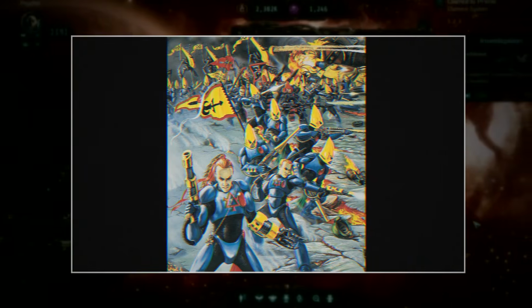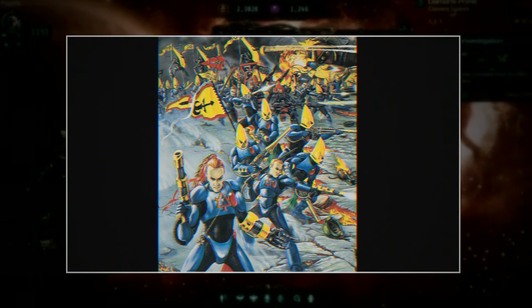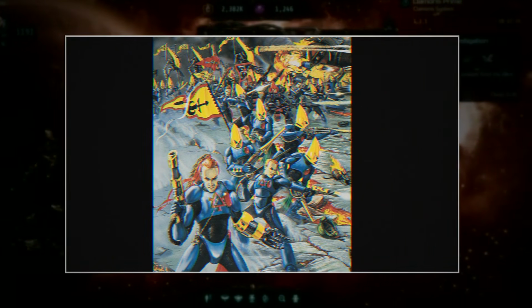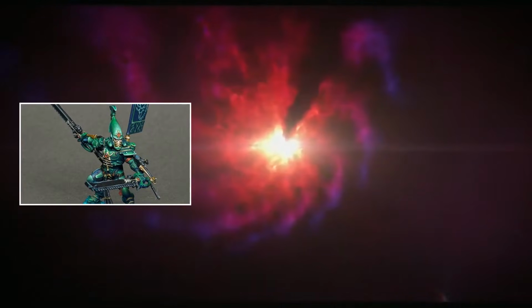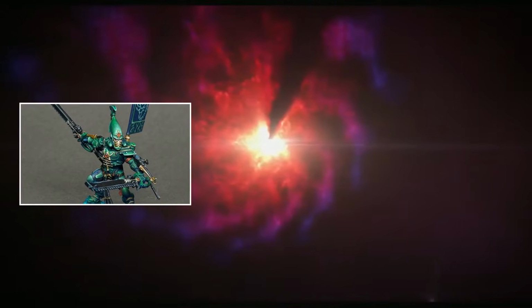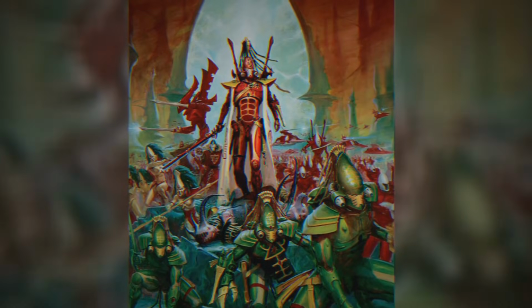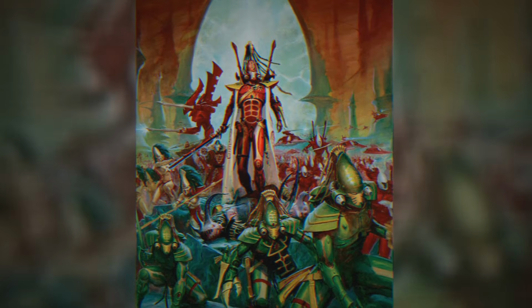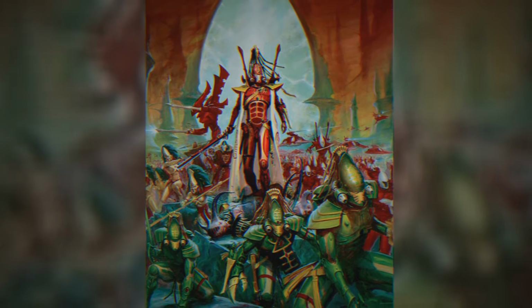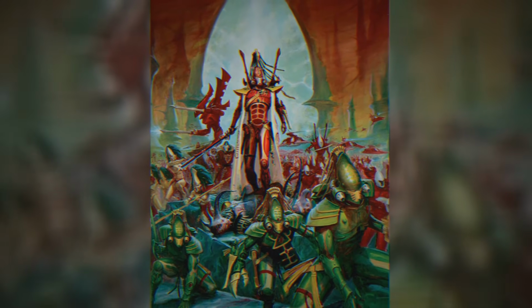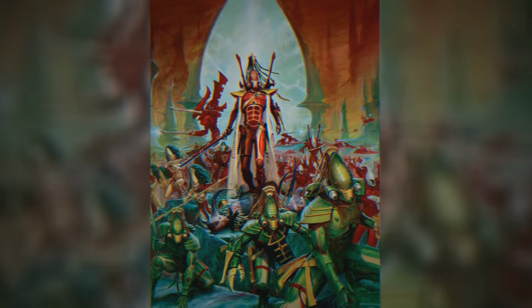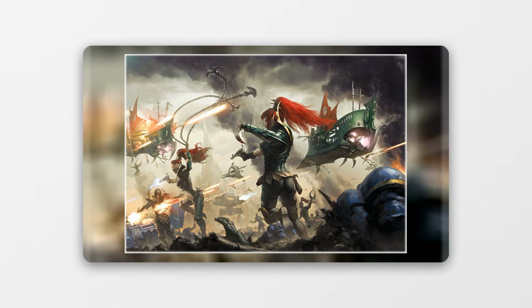Their unique physiology, a blend of physical grace and unparalleled psychic potential, allowed them to adapt to and reshape countless worlds. What started as scattered settlements quickly blossomed into a sophisticated and widespread empire, connected by an intricate network of trade routes and cultural exchange. Their expansion was not one of brute force, like the Krork, but rather a meticulous and elegant process of integration and terraforming, guided by their innate understanding of the universe's subtle energies. They established glittering capital worlds, each a masterpiece of architectural and psychic engineering, and their influence spread like a benevolent tide across the stars.